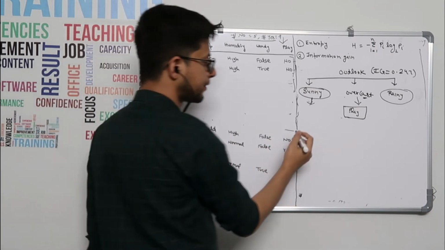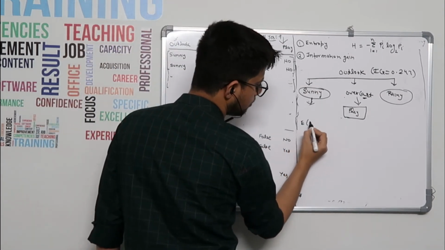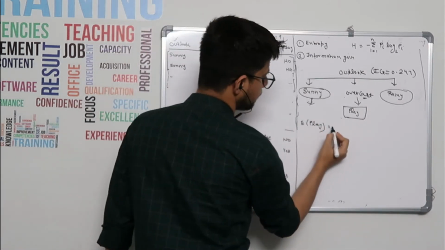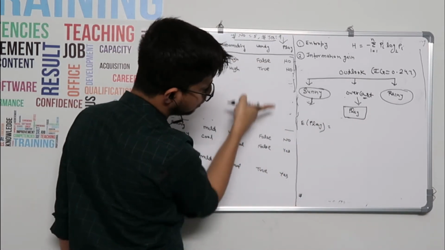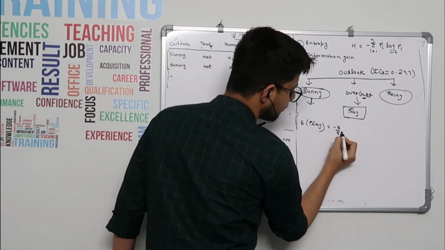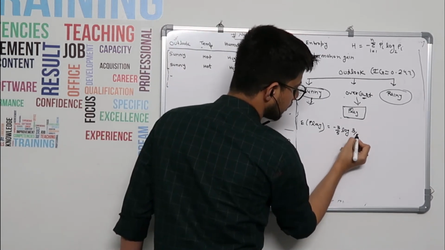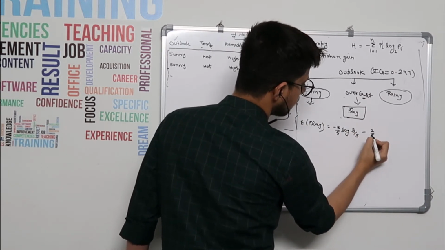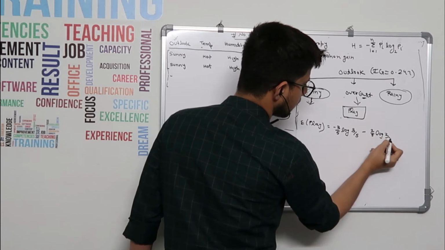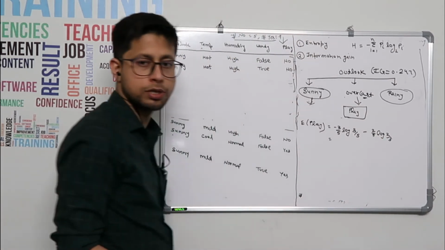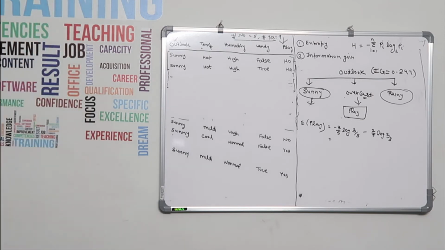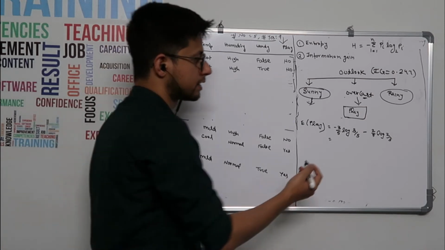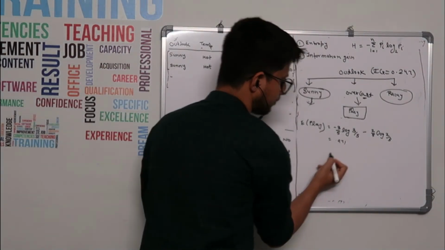So first we will calculate entropy of play wherever it is sunny. So these are 5 rows only. Where it is no, 1, 2, 3. So minus 3 by 5 log 3 by 5, minus 2 by 5 log 2 by 5. And if you calculate how much it will come, it will come 0.971. Fine, you can solve it.